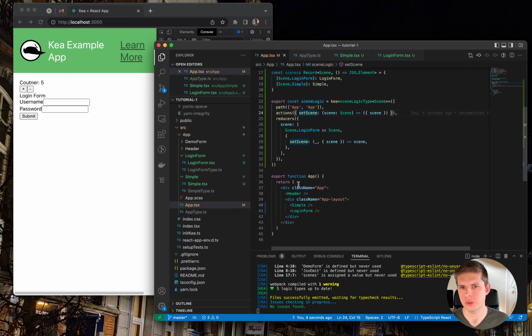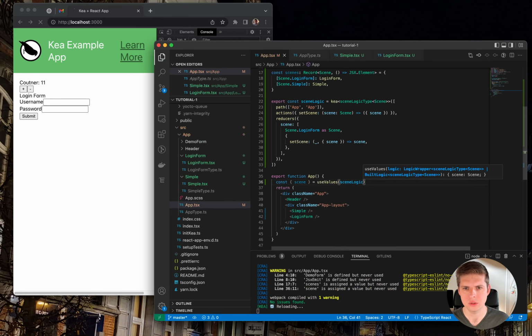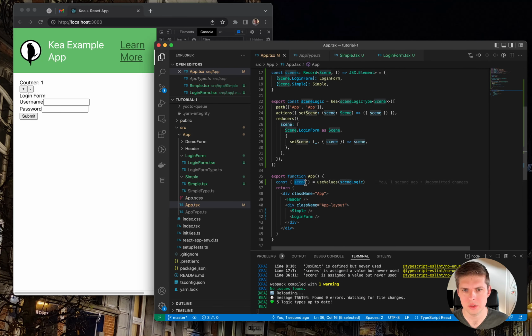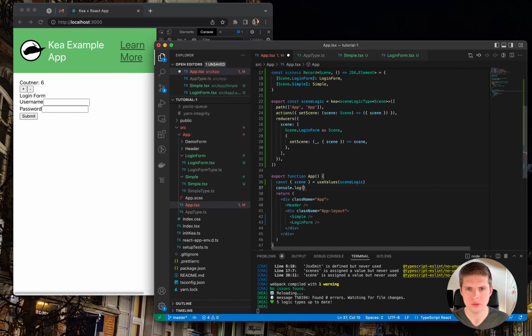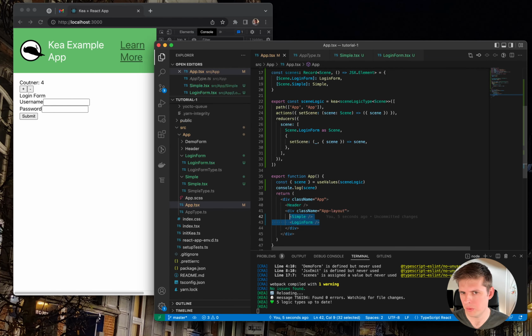So now this logic, there's a scene, and if I just print it out, it's gonna say login. So that's the default scene. Now, how do we flip between these two? So there are two options. We could make some kind of an old school